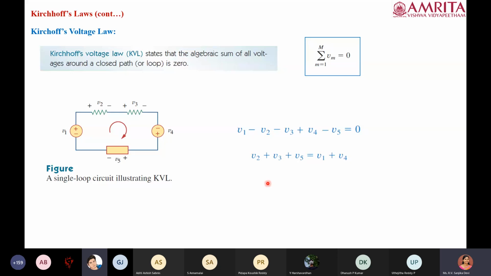Ma'am, you can take the entering polarity also. You can take the entering polarity like minus V1 plus V2. Yeah, it is left to the student to take that way. So this is the convention I am following. You can also go with the polarity where you are entering into that particular circuit element. However, the final terms will be equal in the sense that the sum of the voltage drop will be equal to the sum of voltage rise.